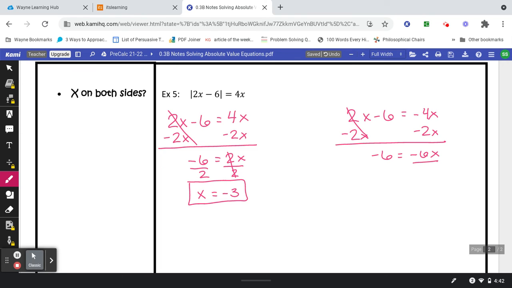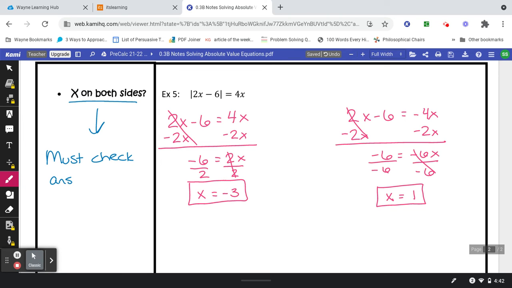Oops. And here we'll divide by negative 6. At this point, it is very important that you must check your answers. So if you have an x on both sides, you must check your answers